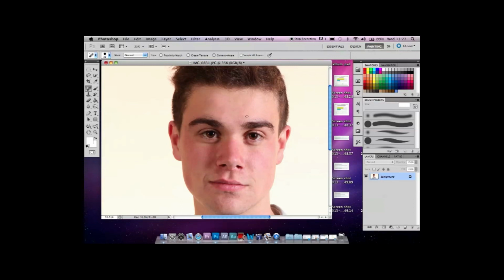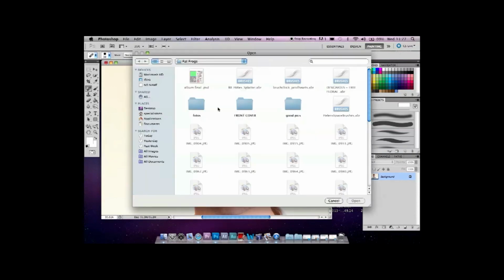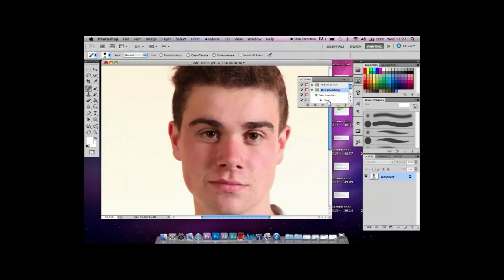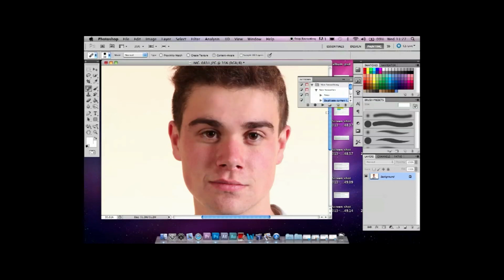So next we're going to go on to using our new action called the skin smoothing tool. Normally you would click the options and load action, and then find your action on your computer. We've got a few here, and the one we use is the skin smoothing tool, but I've already loaded it. So we'll click on skin smoothing and click play. It will tell you that you need to zoom in just to make sure that you can see the face, because you can't zoom in whilst you're doing it. We'll click play again,